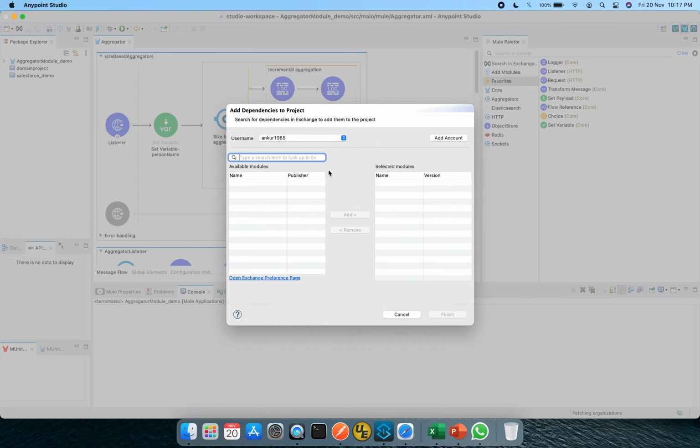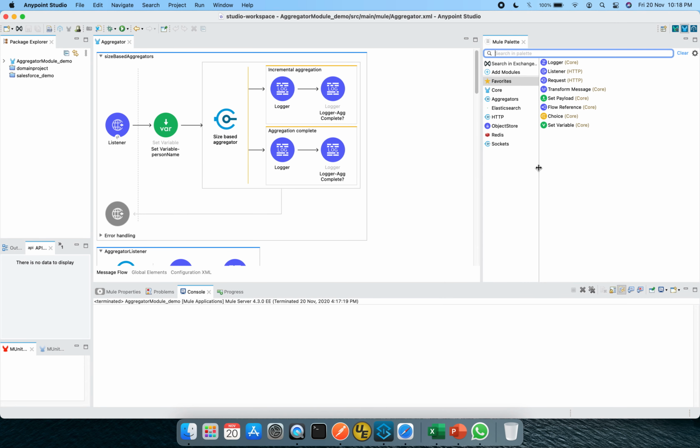Click on search in Exchange, log in with your username and password, same as your Anypoint Platform credentials, and then search with aggregator, hit enter, select it, put it on the right-hand side, and just finish it off. After that, this aggregator will appear in your selected palette list.